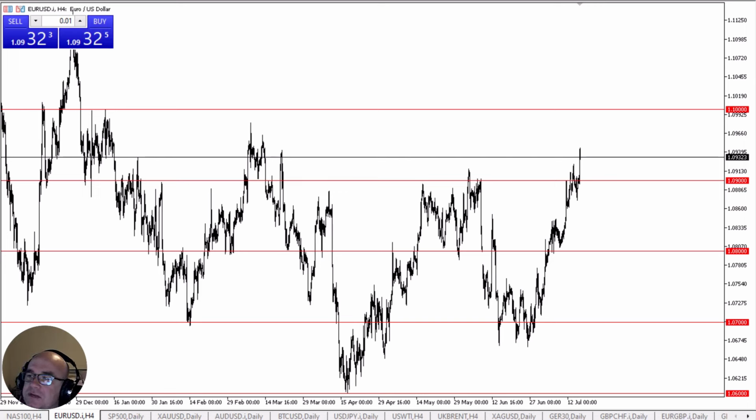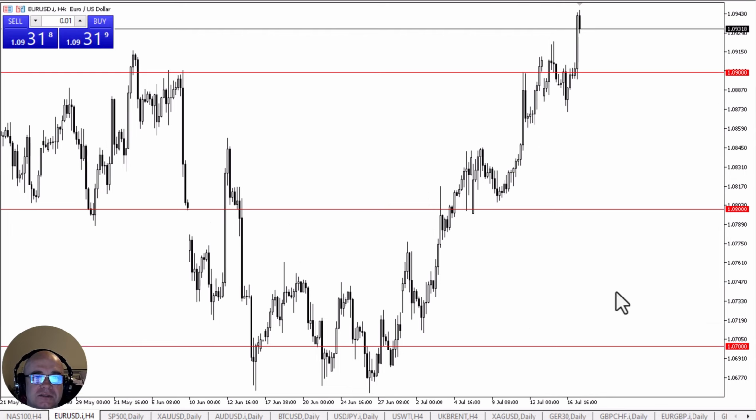All things being equal, this is a market that I think continues to see a lot of volatile moves, but in short time frames. This is a market that is simply going from one major round figure to another. And at this point, I think you have to look at it through the prism of just simply trying to determine whether or not the US dollar is going to strengthen or weaken. Clearly, it looks like the greenback has been weakening early in the session, which is interesting considering that